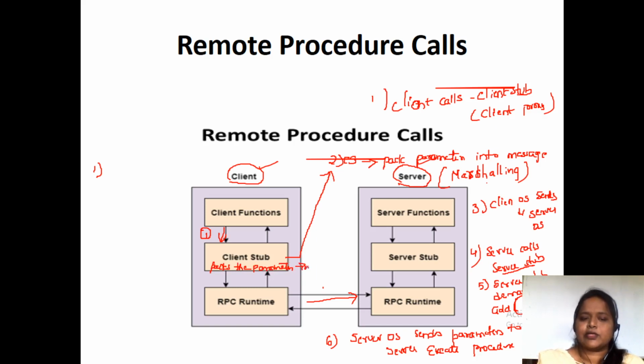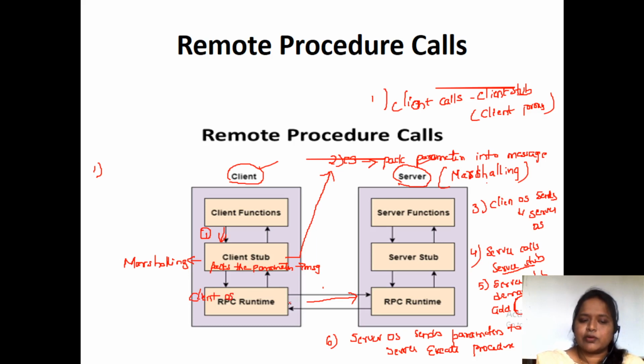This packing of parameters is what we call marshalling. Which has done the marshalling? The client stub has done the marshalling, and this client stub will send the data to the client OS.